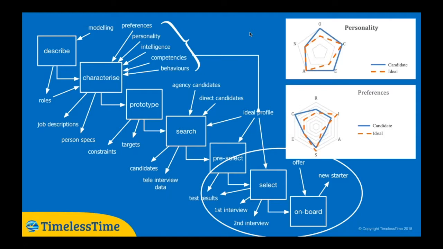It could be an assessment center, but we typically advocate that you would run through your test results for the pre-select, you'd go into the first interview, and then as you go into the second interview, on the assumption that you're still talking to the candidate, both of you are enthusiastic about one another, then you are going to do some further testing to support and perhaps magnify the tests that have been done at the pre-select stage, and then you're doing a second selection interview. So we would advocate that.